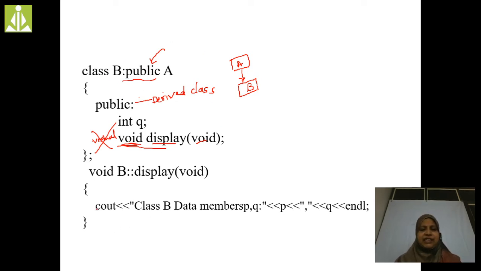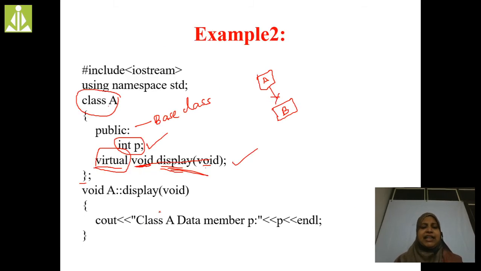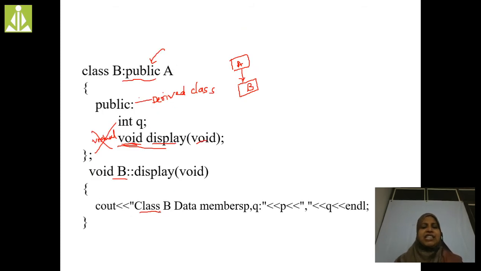In the display method I am going to write cout, class B data members P comma Q, displaying the values of P and Q. In class A's display method I display only the value of P, whereas in class B's display method I display the values of P and Q.